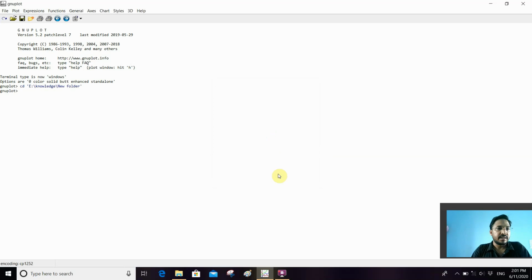Before plotting any graph, we have to set the range of the x-axis and y-axis. So I have to write set x range, lower bound, and after this write upper bound, bracket close, enter.